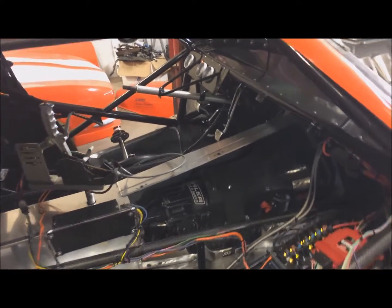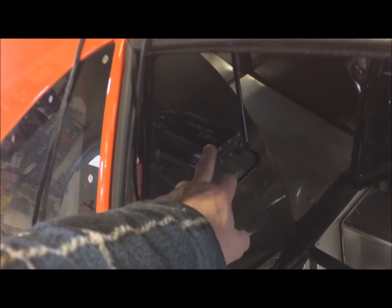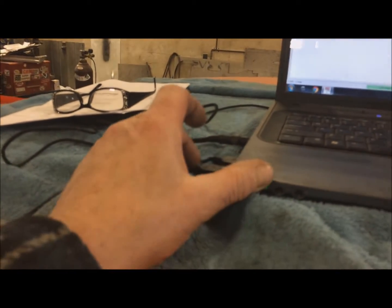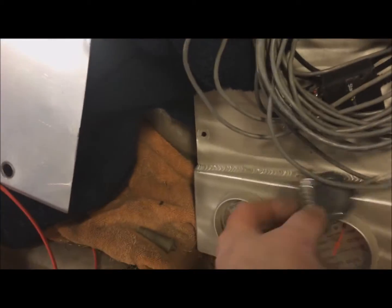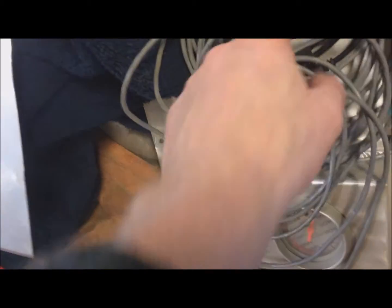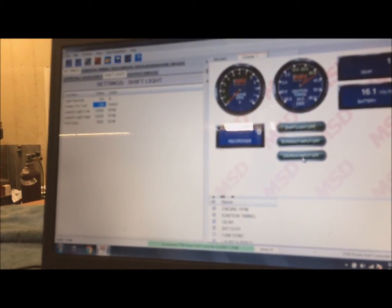The other issue I'm having is I cannot get communication out of this data logger. I checked the power right up to the data logger, power and ground. That's all good. Communication wires, everything's hooked up. But for some reason, when I plug it into the USB port here on the laptop, with the cable that came with the car, this plugs into the data logger and then goes to an adapter, and the adapter plugs into the USB. And I can't get communication out of the data logger, so I'm going to phone RacePak on Monday, tomorrow, and see if we can figure that out, because I'd really like to get the information out of